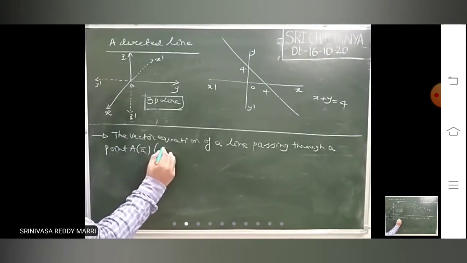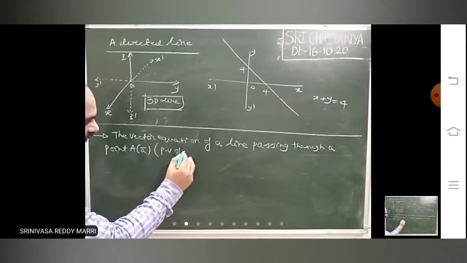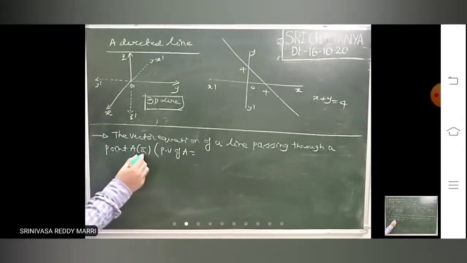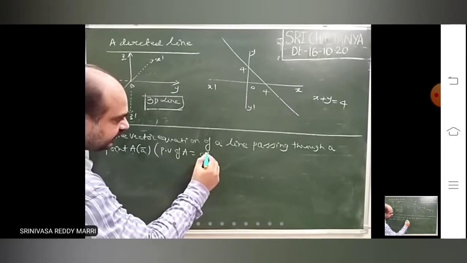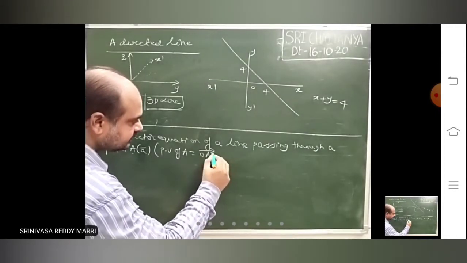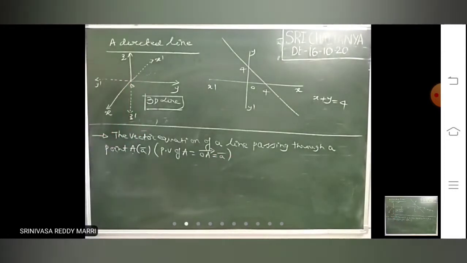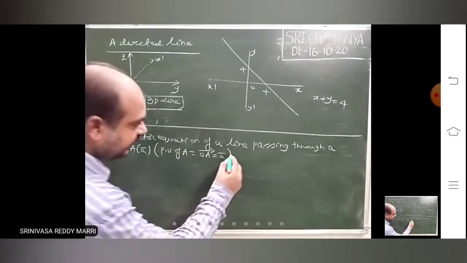A bar means position vector of A. This is given means what is given. Position vector of A. That means OA bar is nothing but A bar. OA bar is nothing but A bar. Position vector of the point is known, right? And